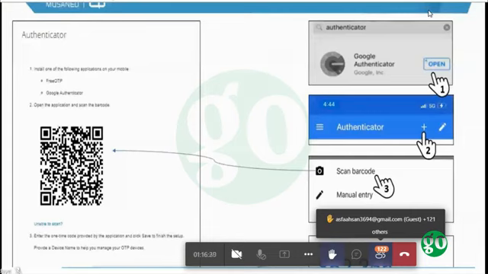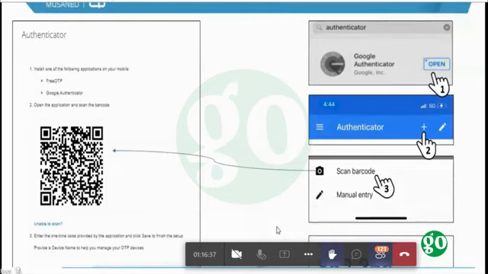Doing so, user can log into the system by using his access credentials, which are the username and password, and the system would ask the user to enter the extra one-time code that has been provided by the Google Authenticator application in order to verify the identity of the user.